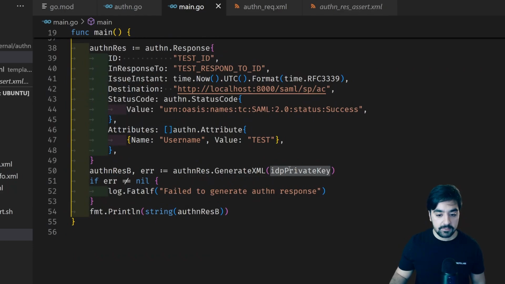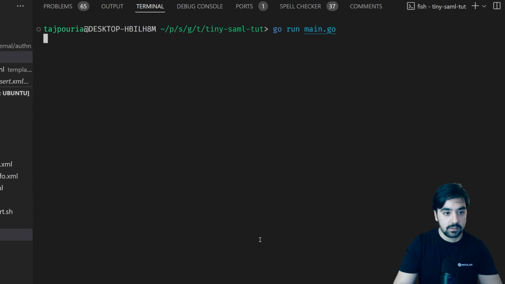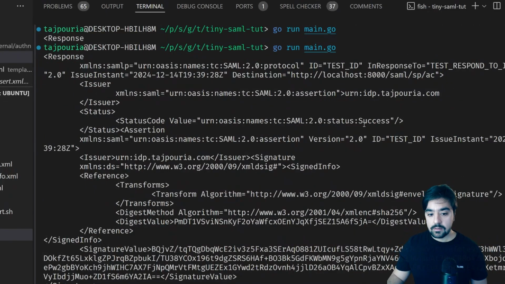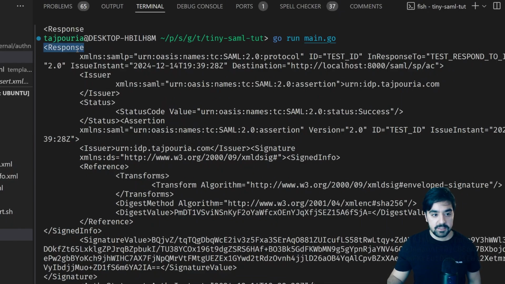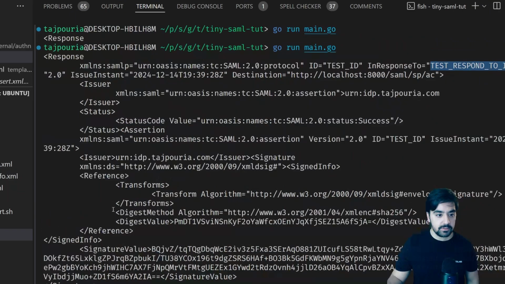Then I can provide this private key to this authentication response, the generate XML, which is a method dependent to the authentication response. And as a result, over here, we stringify the authentication response and just print it out. And let's see how it looks like. This is the basic authentication response root element with the test ID and IDs that we provided. And we can see over here that we have the assertion,